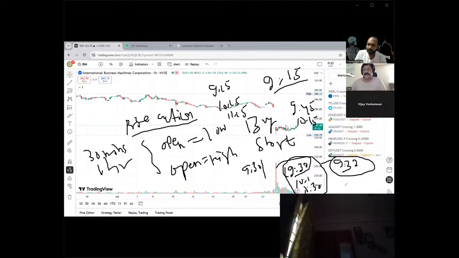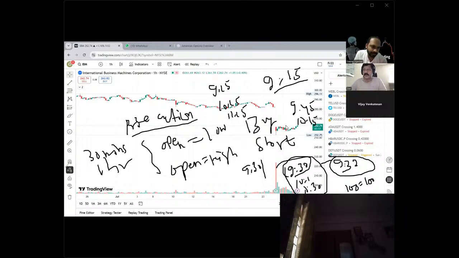Okay, I see. Let's say the open and low equal 100. So you can take a trade at 9:32 or so, and it may come around 102 or 101, something like that, and then your stop loss will be very small in this case. Your stop loss will be 99.5, something like that.